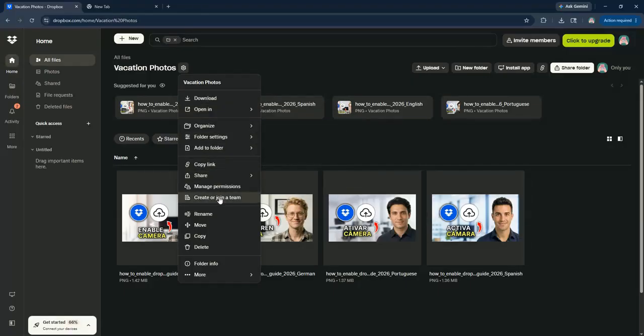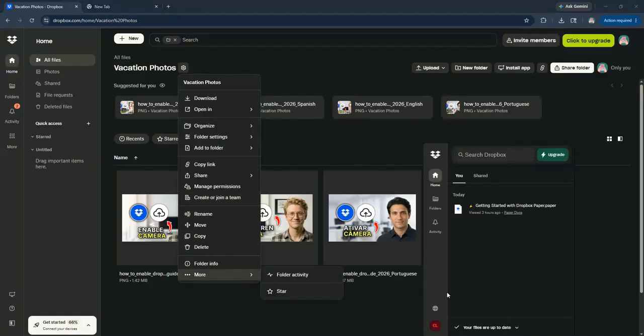Keep in mind that downloading files for offline use will take up space on your device. It's a great idea to periodically review which files you need offline and which you can remove to free up space. Now, if you want to check which files are available offline, you can click on the Dropbox icon in